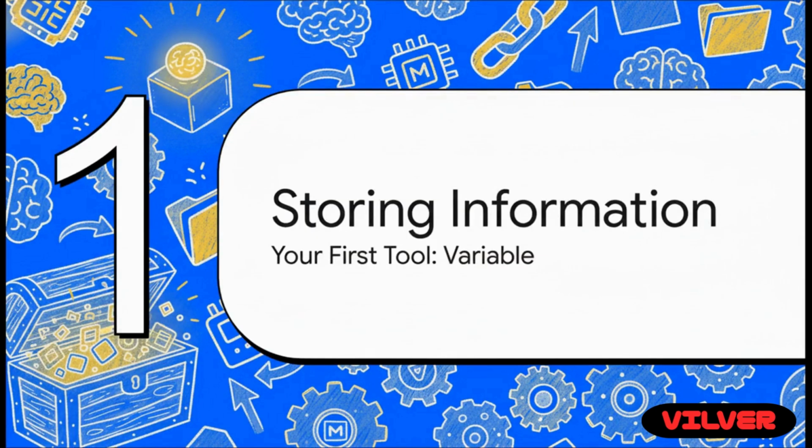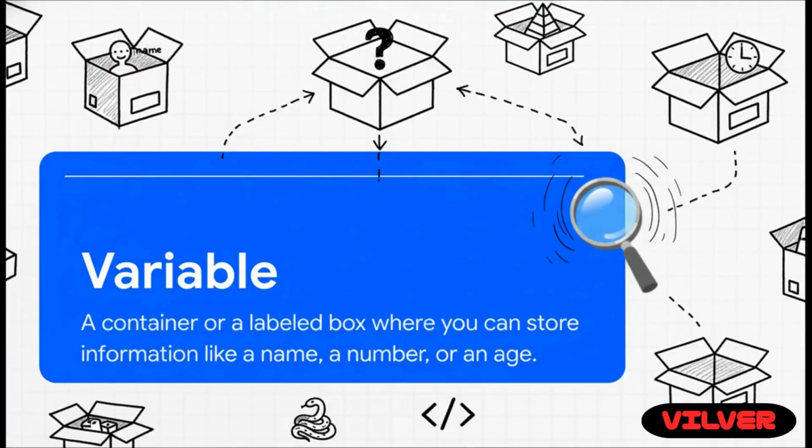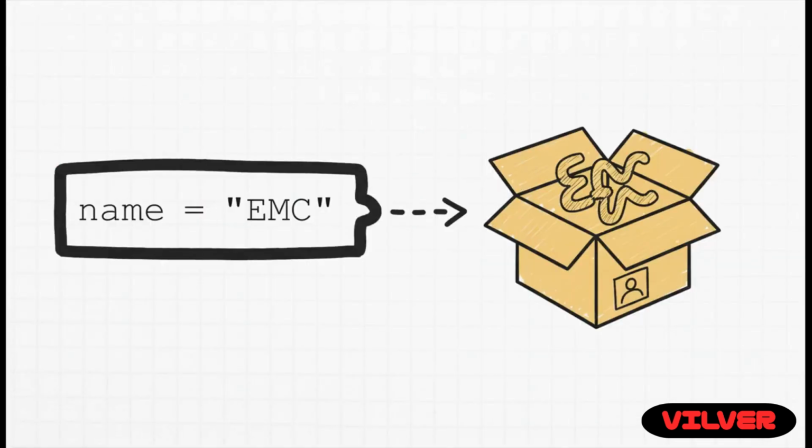Okay, so first things first, we need a way for our program to remember stuff. And to do that, we're going to start with our very first tool, something called a variable. So, what is a variable anyway? Honestly, the easiest way to think about it is like a little container. Imagine a box with a label on it. You can store pretty much anything in there. A name, a number, an age, you name it. And check this out. Look how simple it is to actually use one. We just tell the computer name equals EMC. And boom, just like that, the computer takes the name EMC and puts it in that little box we've labeled